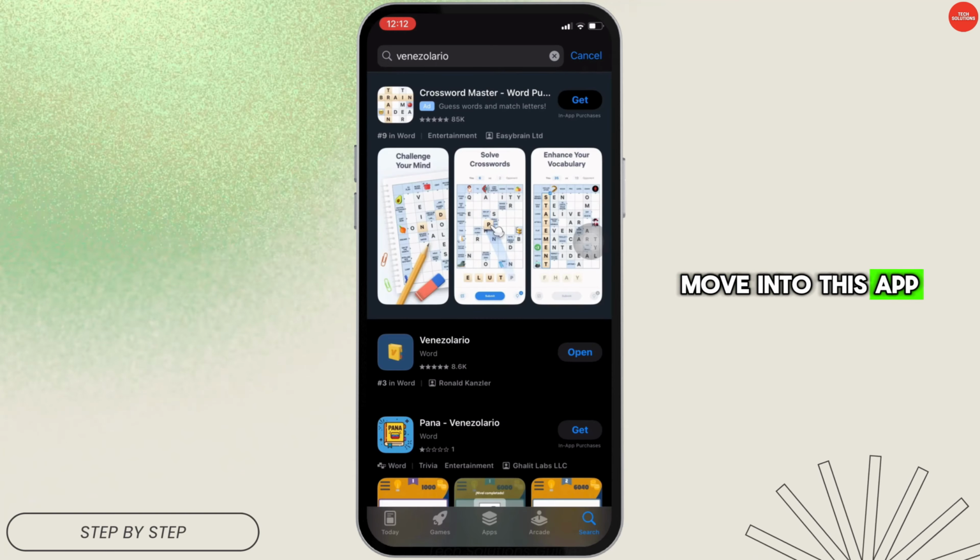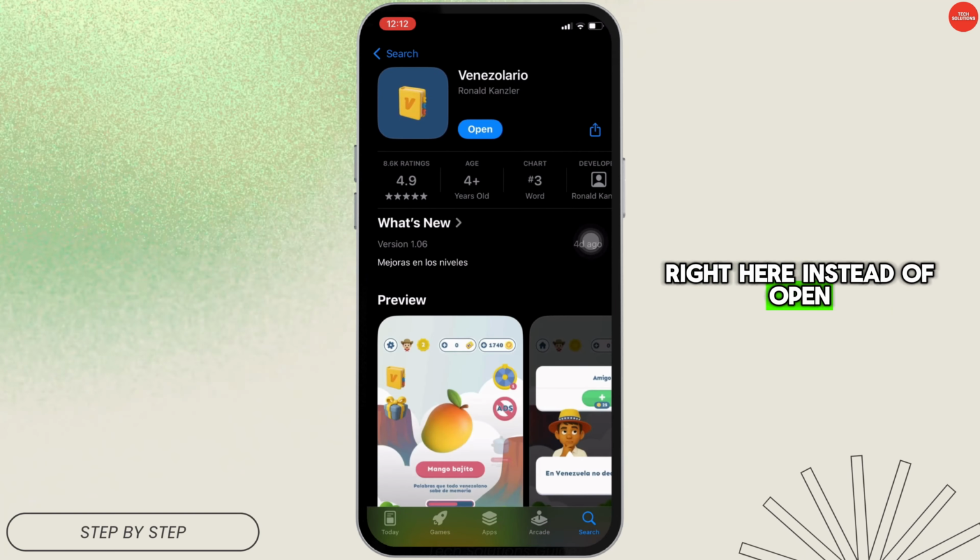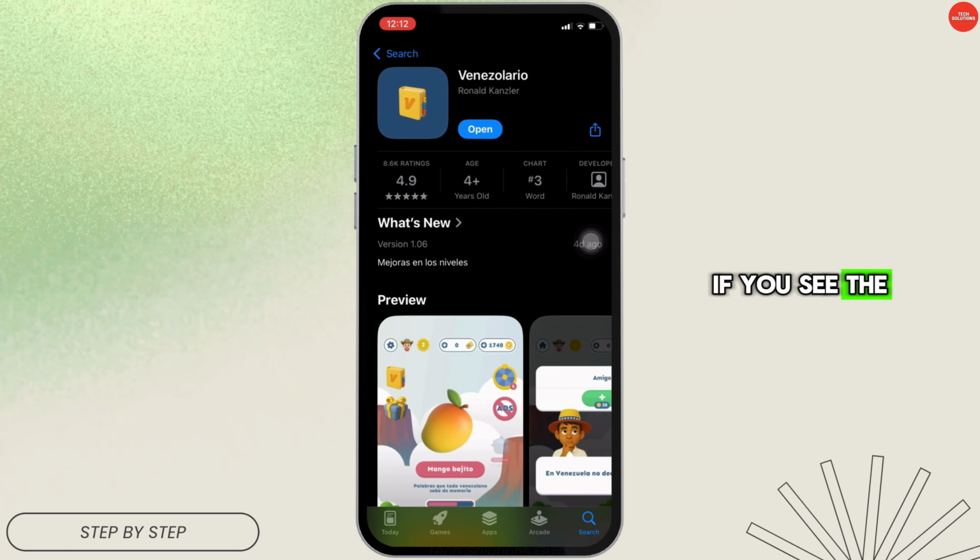Move into this app. Right here, instead of open, if you see the option of update, then your application is not up to date, and it might be the reason that you're facing the issue in this app. If that's the case, tap on update and update the app. Once you have got the updated version, now the next thing you want to try doing is head over to